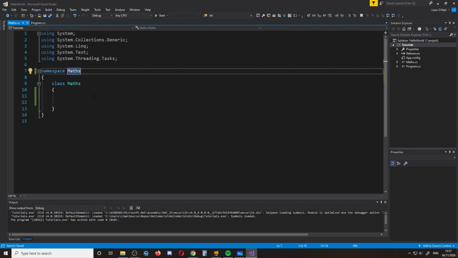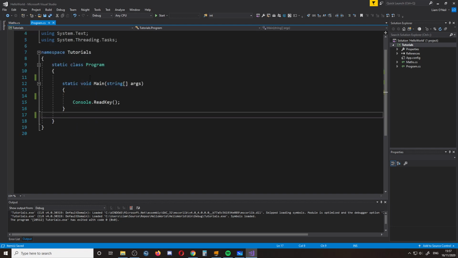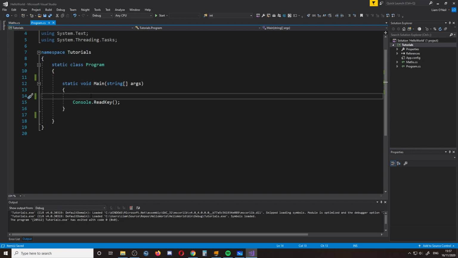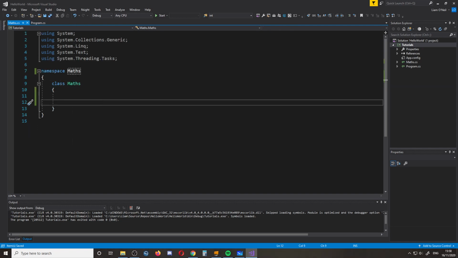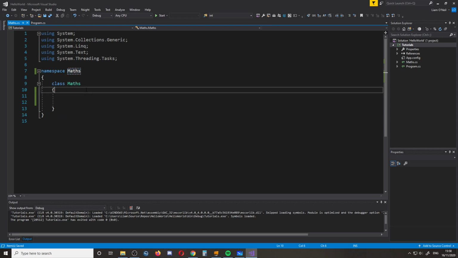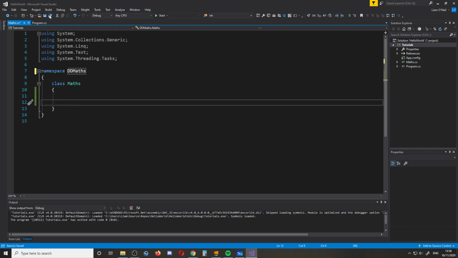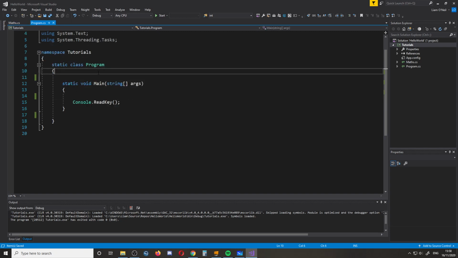And now with this namespace here, previously we would have been able to create a class here called maths, but we can't. Now you see there is a Math one, that's why, it's not the only reason I'm using S. I am English, so we put an S on the end. So you know what, I'm going to call the namespace DD maths. So there we go. So we have this namespace called DD maths, and now we can't access it from inside